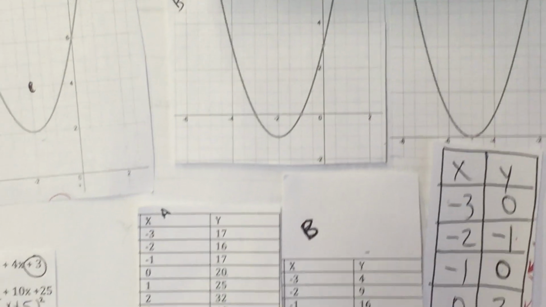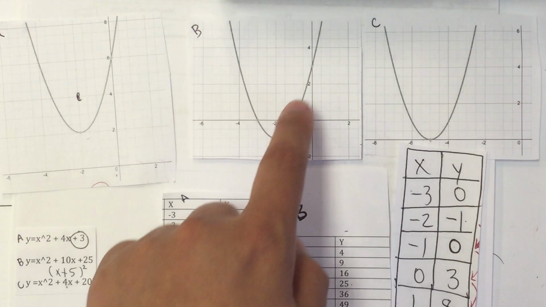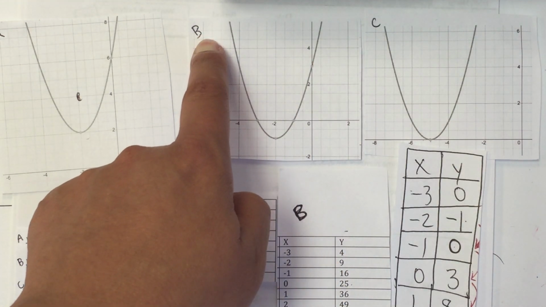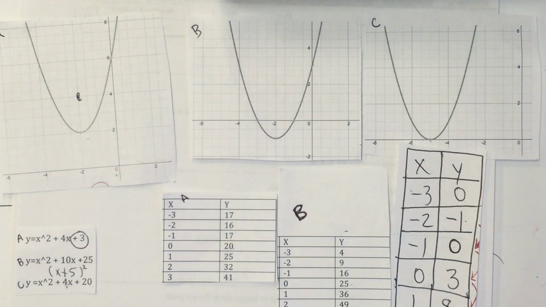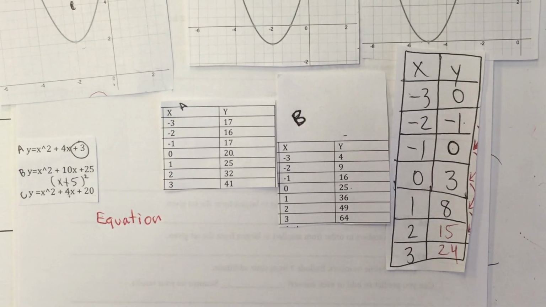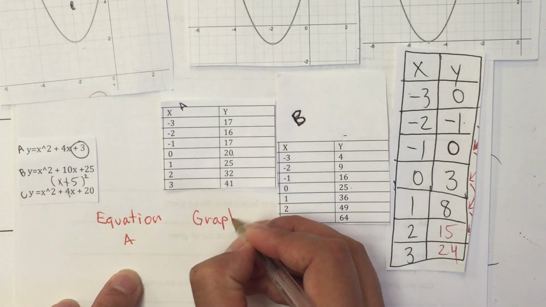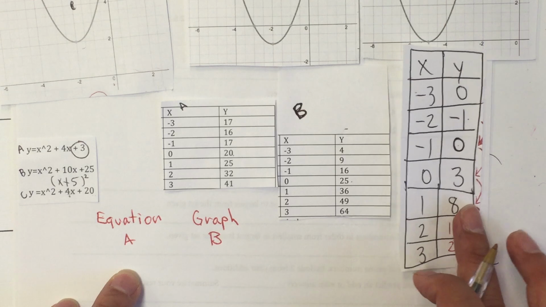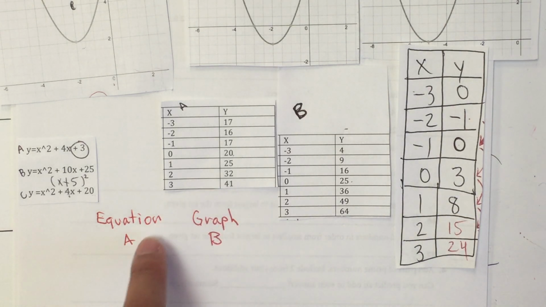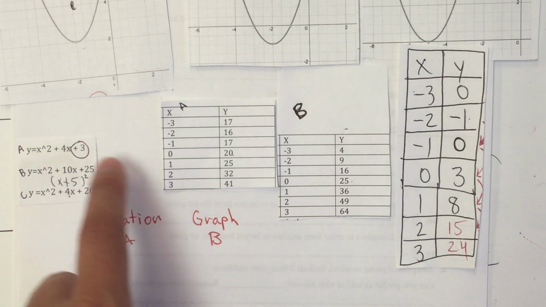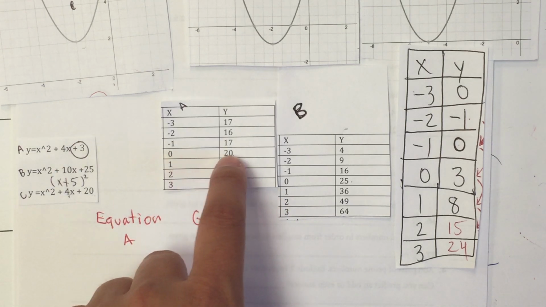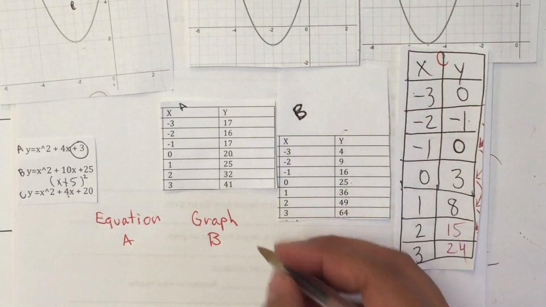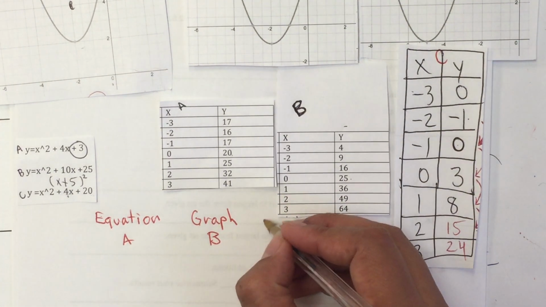And I notice this is at 2, this is at 3, so it must be my graph B. So for my equation, A matches with graph B. And which one of the tables shows that my y-intercept is (0, 3)? So (0, 20), (0, 25), (0, 3). So we're going to say that it's going to be table